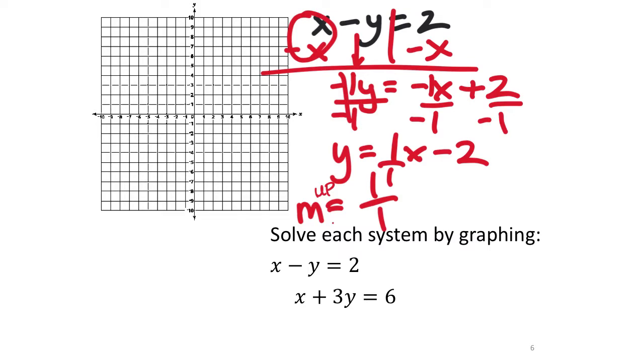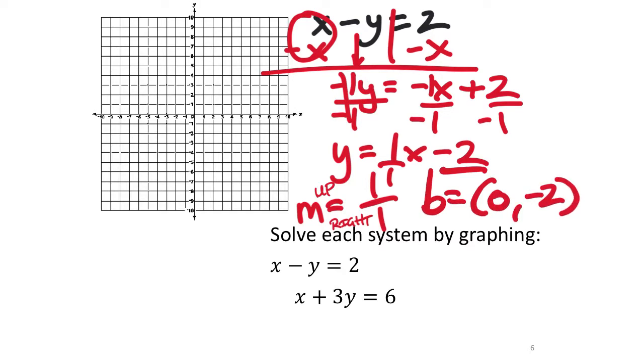And then the 1 in the denominator is positive, so I would go to the right 1. Up 1, to the right 1. And then I need my y-intercept, which is just that -2 right there. But remember, it's an ordered pair, so make sure it's 0, -2. So I put this ordered pair first on the graph, and then I'll use the slope to find all the